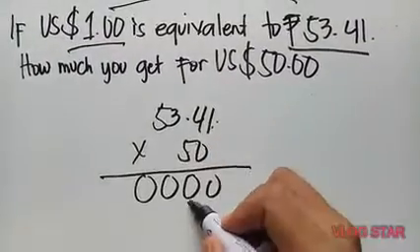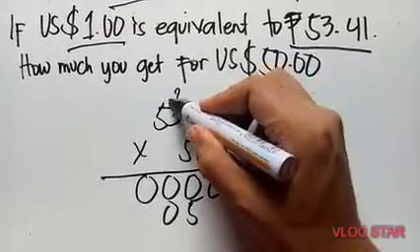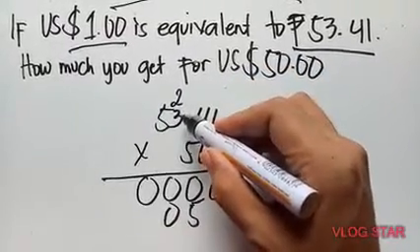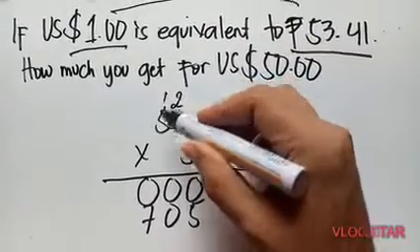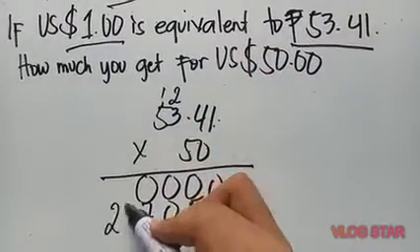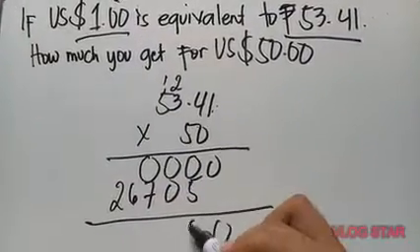So 5 times 1 is 5. 5 times 4 is 20, carry 2. 5 times 3 is 15 plus 2, 17. 5 times 5, 25 plus 1, 26. Then add